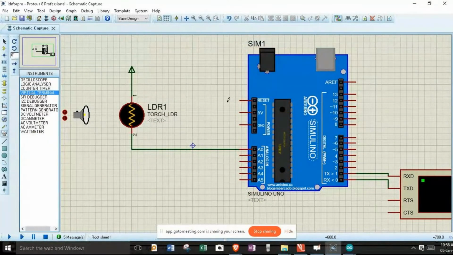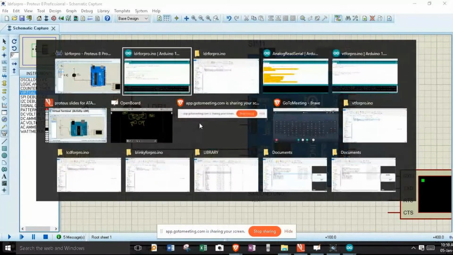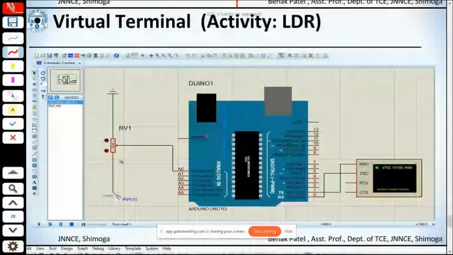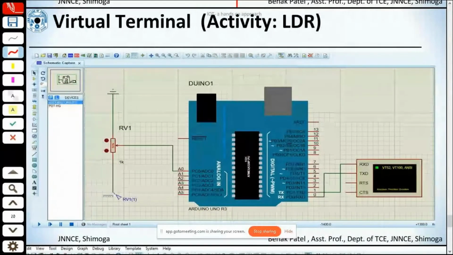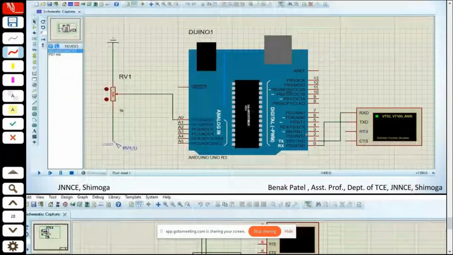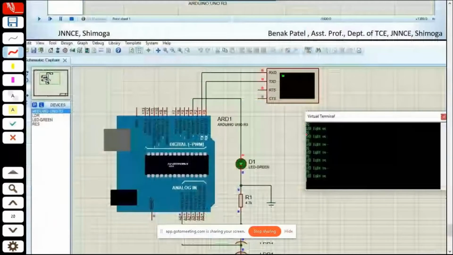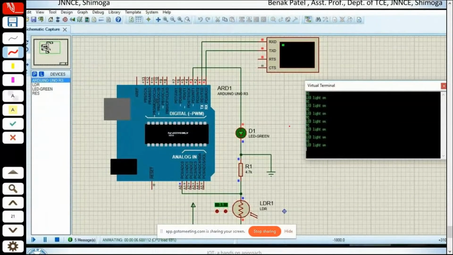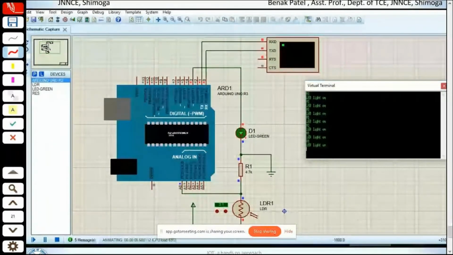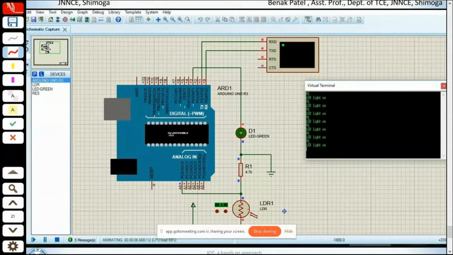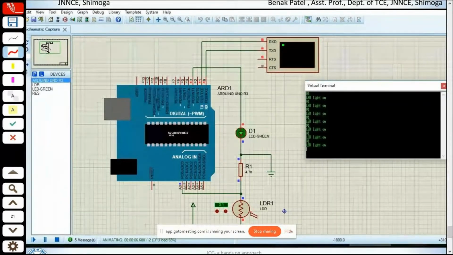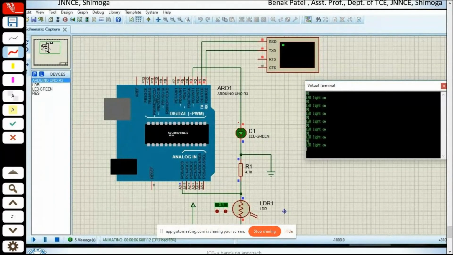Okay, well, participants, because we are running short of time, I'll be sharing the slides. We can also realize the same. We can do this LDR connection, as well as we can go for some other more complicated projects. We can give project assignments to students wherein you assign a problem statement like depending upon the light illumination, you are supposed to turn on an LED.